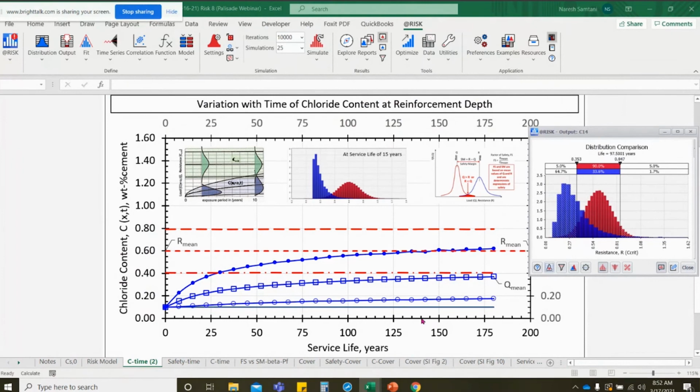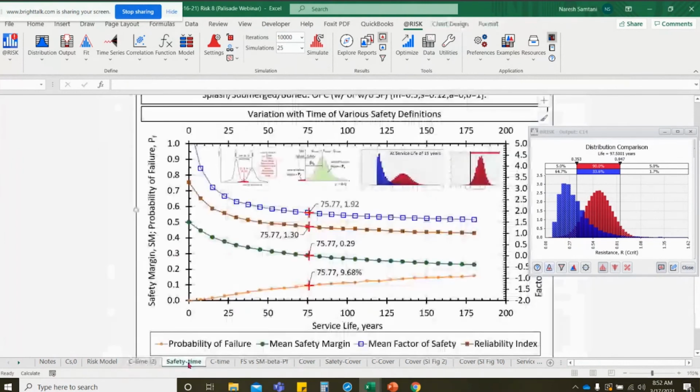Okay, so when we look at 100 years, what would happen? If I go and look at the 100 years, then I would say my probability of failure is now somewhere close to 11.5%. My reliability index has dropped down to about 1.2. My factor of safety is reducing and so on. Now you are seeing everything, okay? And that is the beauty of this particular kind of model, that you are not just looking at numbers and imagining things. You can actually pull out the graphics